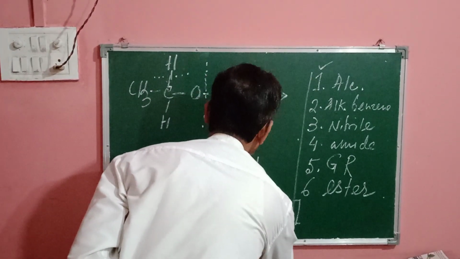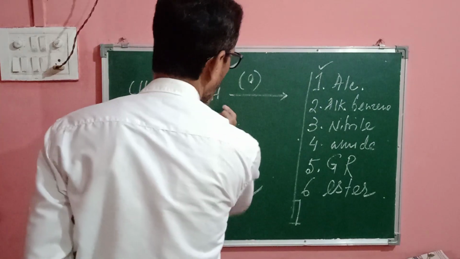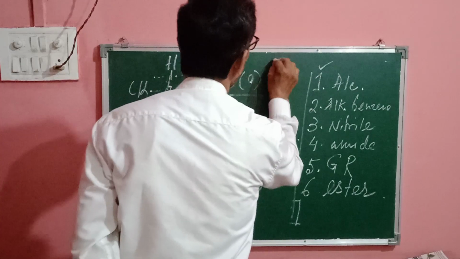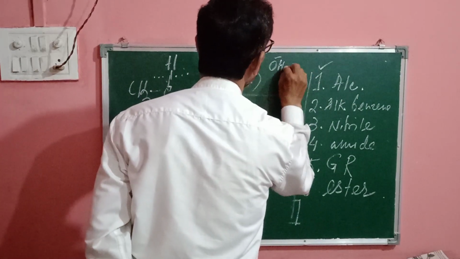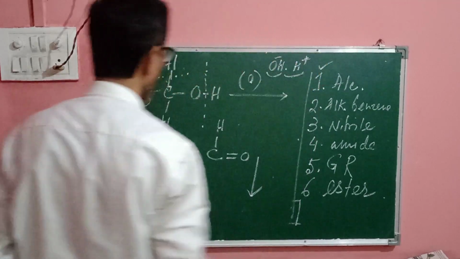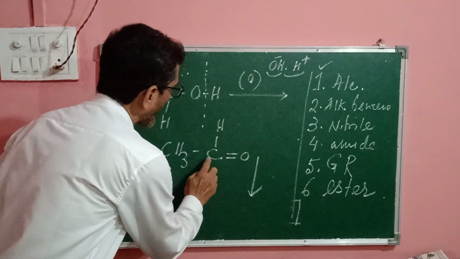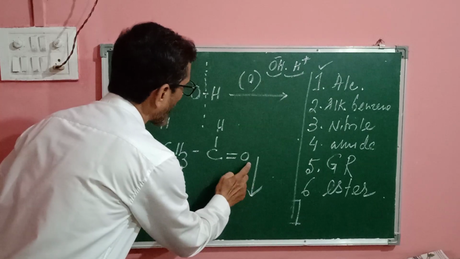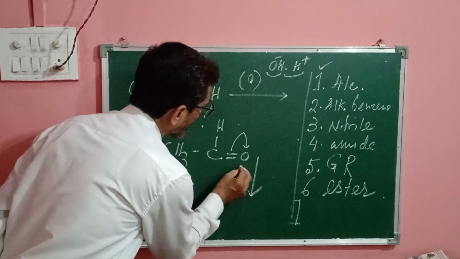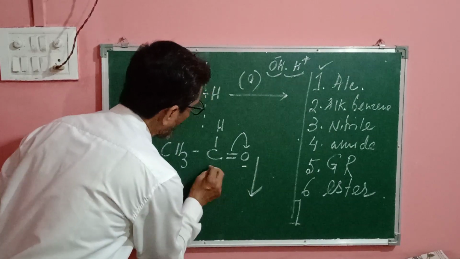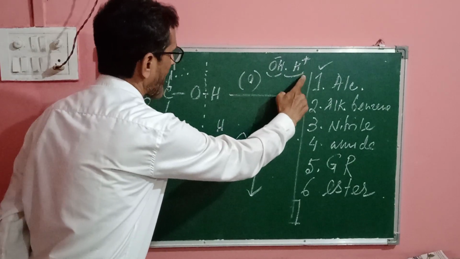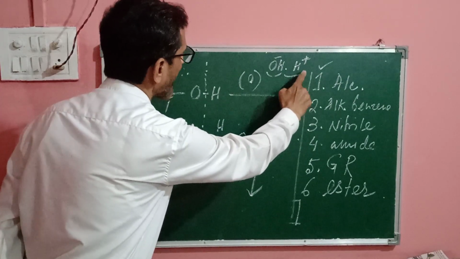So what's happening here is that in dilute Jones reagent, you are getting water, and water is broken into OH negative and H positive. Am I right? It breaks up in this way. And we know that in the carbonyl group, oxygen is more electronegative, so the electron bond is drawn towards it. So generally O becomes minus and C becomes plus. So here the OH and H part, the H positive part,